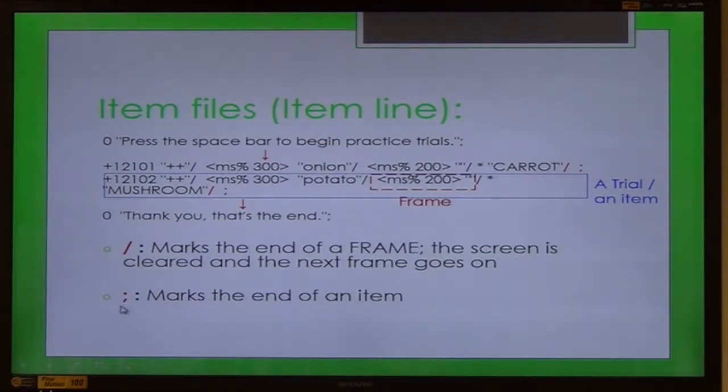You say, okay, separating your stimulus. And then, with this symbol, you only see that at the end of an item or your trial. At the end of each trial, you will see this symbol. For example, you see it here. This is the end of the item 12102. And then at the item 12101, you can also see that symbol. So just remember, you use a slash to separate your frames, and use this to mark the end of your